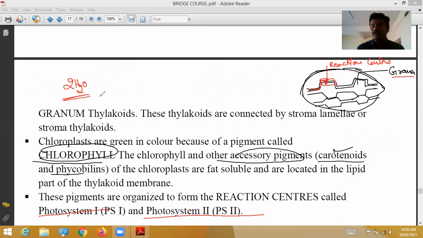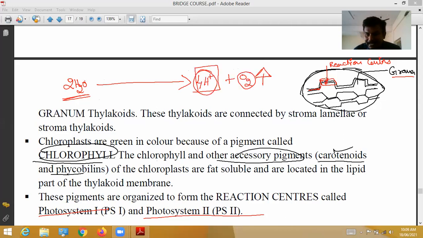This is the water molecule. It splits the water molecule and forms 4 protons and 2 oxygen atoms. This is the oxygen. Oxygen is a respiratory gas, which escapes into the environment. So these protons are continuously accumulated in the thylakoid membrane. This is the thylakoid membrane. Here, the proton concentration is accumulated and increased.